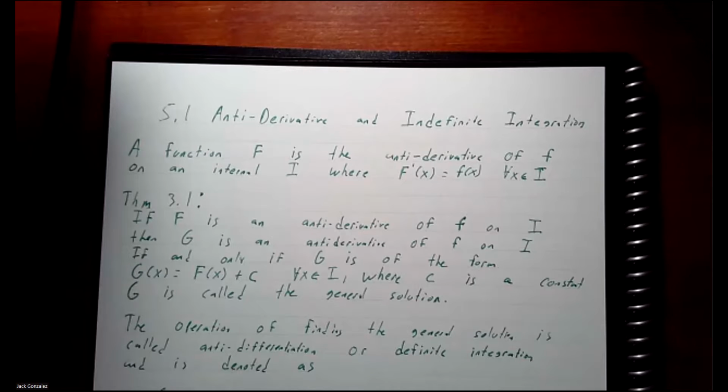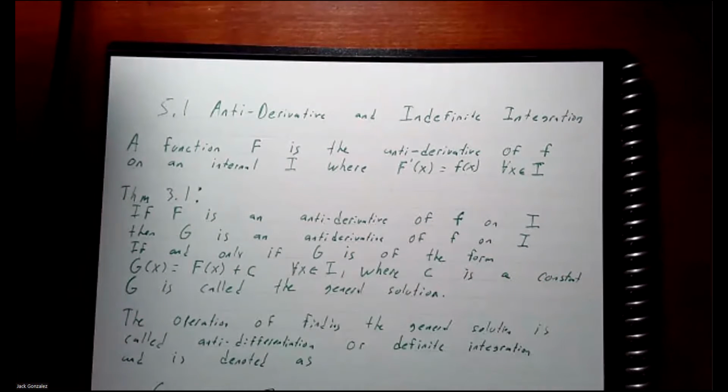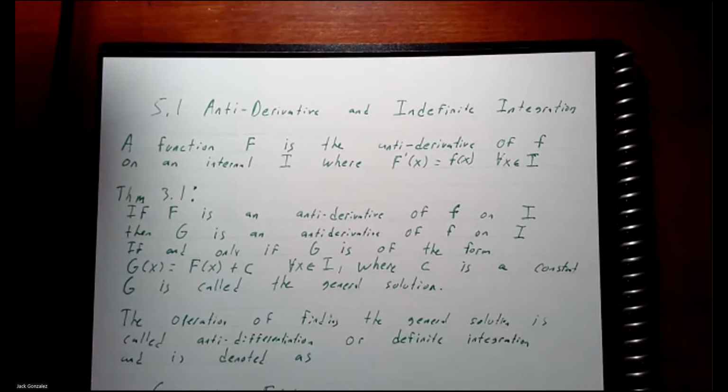The final chapter, chapter 5, is about antiderivatives, also called integrals or integration, which is going to be what calculus 2 is about. So cal 2 is going to be focused on integration, just like cal 1 was focused on derivatives. Integration is basically the opposite, called the antiderivative, same thing. Although after chapter 5, they don't really use the word antiderivative anymore. But when they first introduced